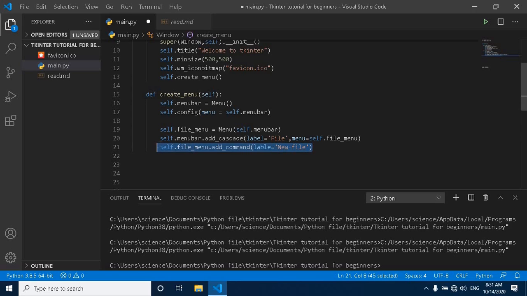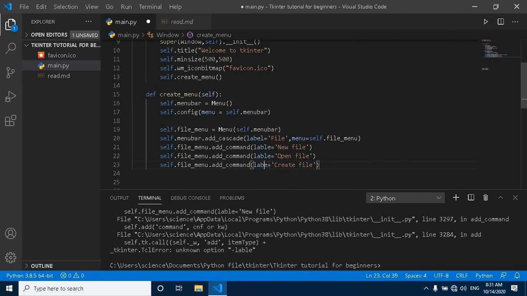Let me copy this and change the label: Open File, and Create File. If I run this,